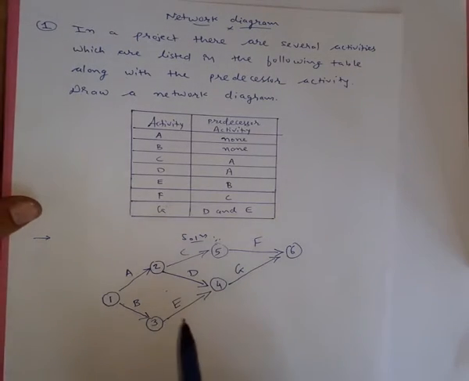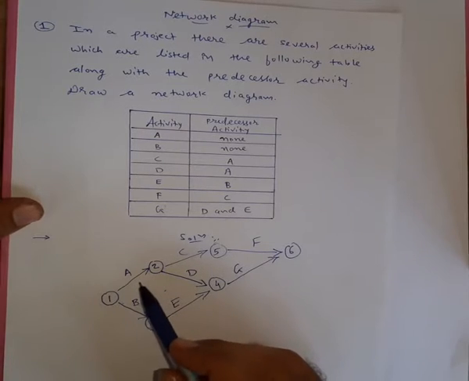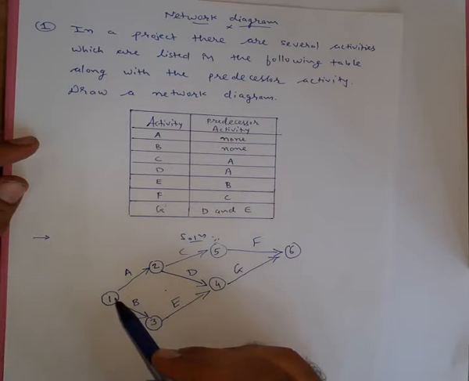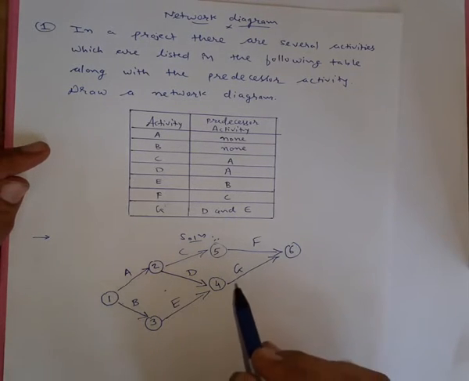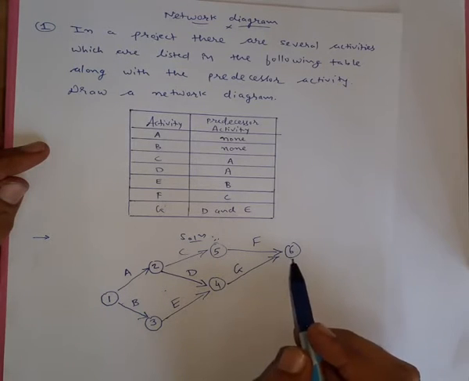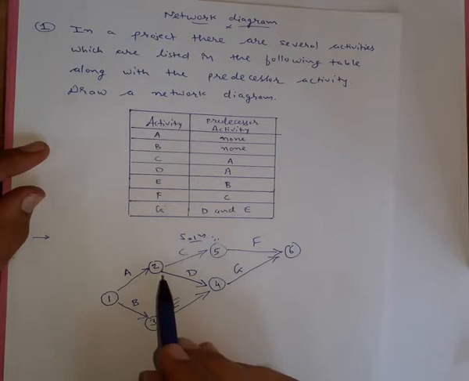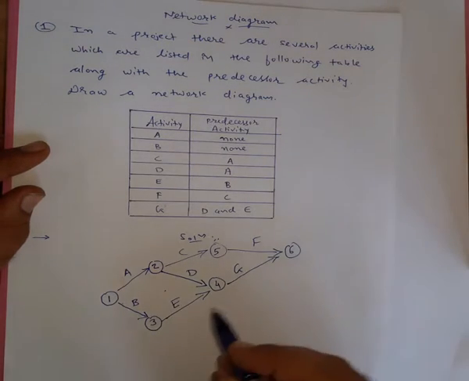Let us see over here, while I have numbered these nodes, how for activity A you can say it is denoted by 1 to 2. So here the tail is having the lower number, that is 1, and here the head is having the higher number, that is 2. Let us take an example of activity G. Here the tail is having the lower number, that is 4, and the head of that activity G is having the higher number, that is 6. Similarly for activity D, you can see its tail is having the lower number, that is 2, and the higher number, that is 4. So this is how the nodes can be numbered.